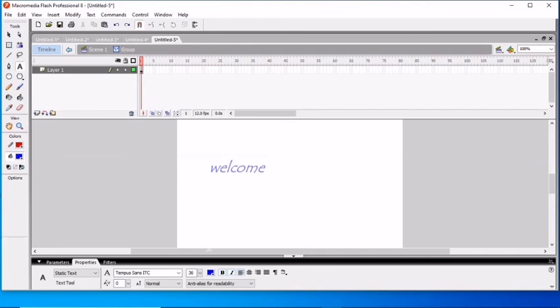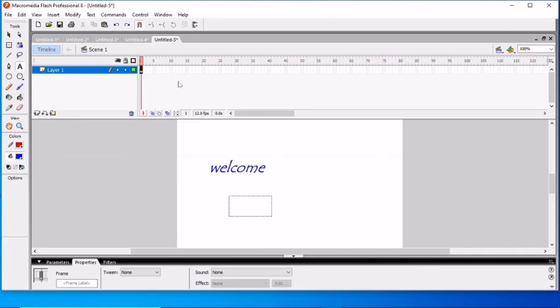Here is the Property Inspector. Here you can also see the drop down menu, you can see the template, and this one appears here. Now you select any frame, click here and drag it up to here, and from Tween you can see here, select any shape or motion, like this one.